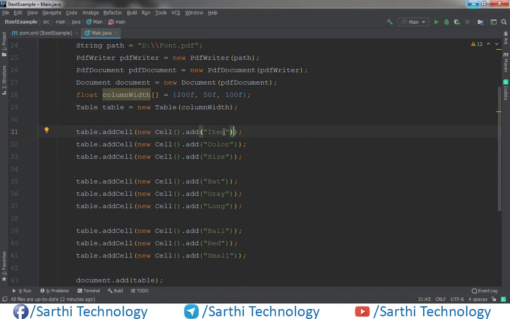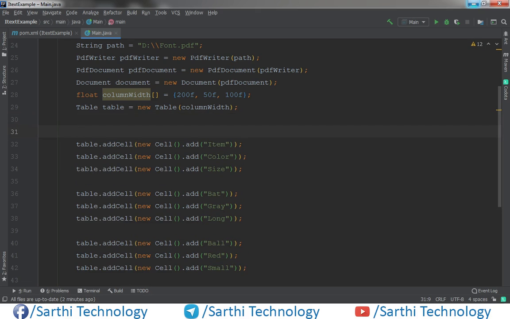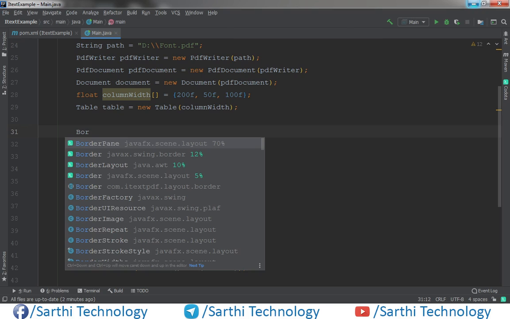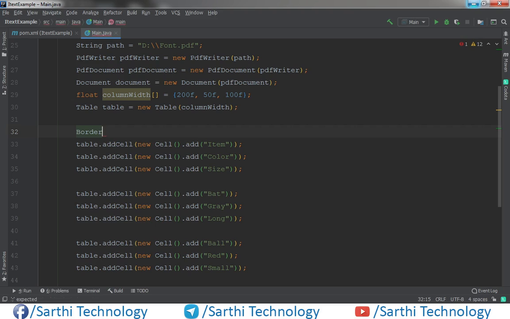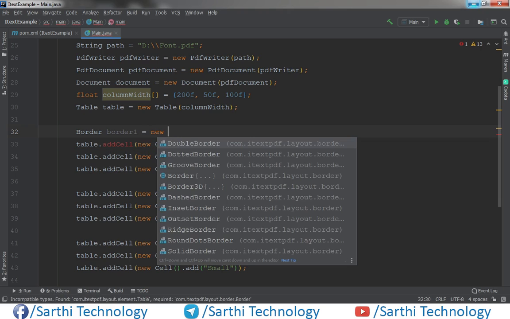Now here we want to set a border. So first we need to create one border object. Make sure you choose this iText Border. Border1 equal to new.